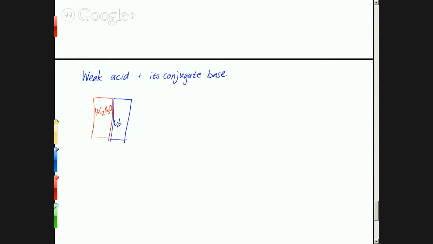So that would be C2H3O2. But this way we see it better. That's why we put that H in front in the first place instead of just calling it C2H4O2, so we can show that it's an acid. So that's the acid, acetic acid, on the left, and its conjugate base on the right, which is called acetate. So let's think about what happens